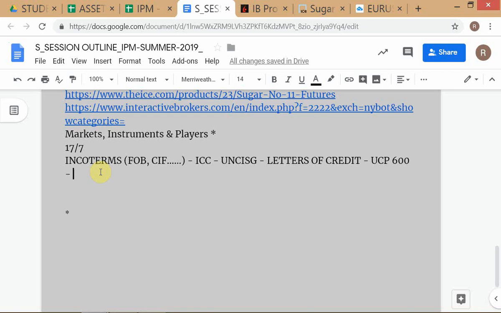So this is the whole complex of knowledge that you should pick up. It's all connected. Sale of goods, international sale of goods, the UNCISG framework covering that. Then the important role of the International Chamber of Commerce, the ICC. ICC has arbitration now. I think they have it in Hong Kong as well, but mainly it was in Paris. So if there's any dispute on international sale of goods, it will be resolved through ICC arbitration, which mainly happens in Paris. Arbitration is supposed to be faster than litigation.